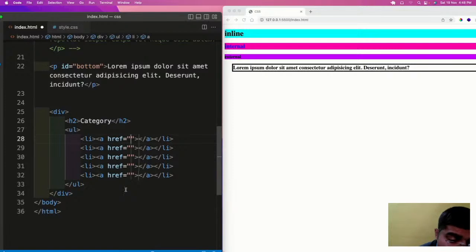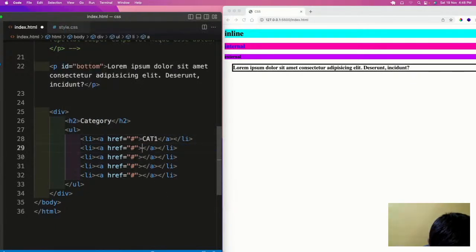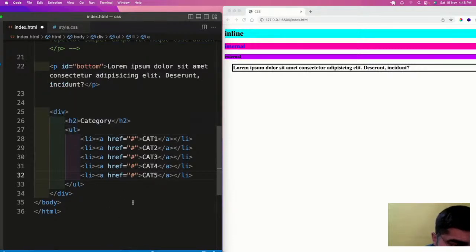This is a shortcut. In each li we have anchor tags. Let me set the href as hash, because I don't want to go anywhere. Inside these we use category 1, category 2, category 3, category 4, and category 5.